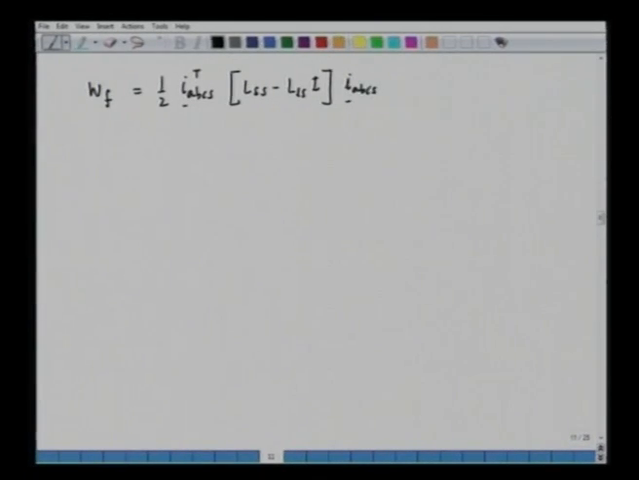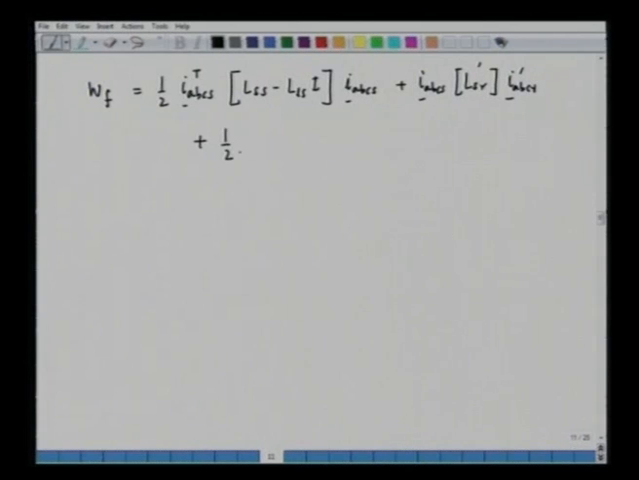This is the self inductance plus i_abcs L_sr referred from the primary side, i_abcr, because we are referring all variables now from the primary side. So, we have this prime, which means the variable is referred from the primary side,